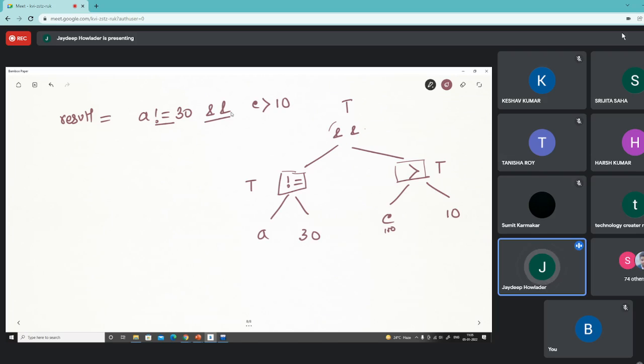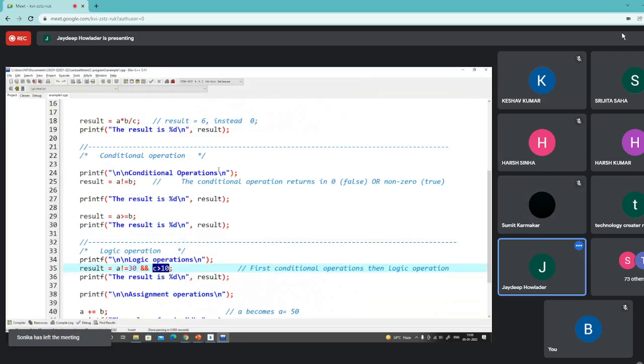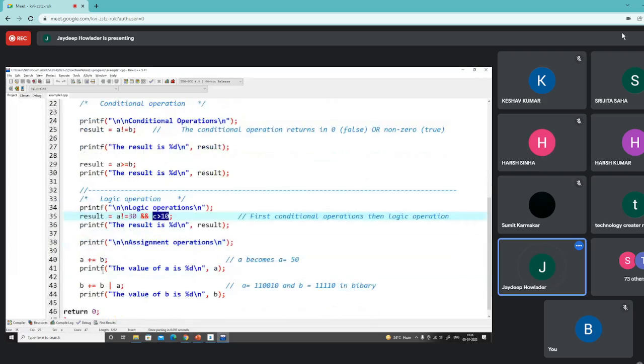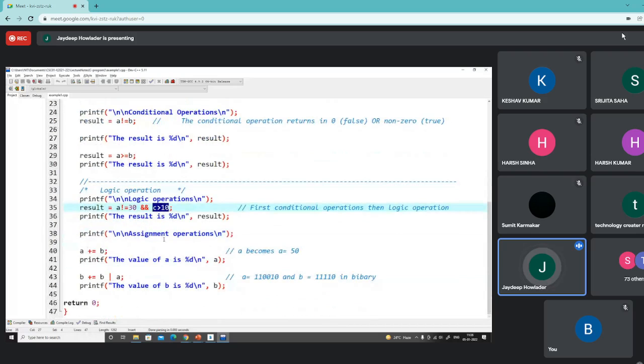Okay, do you get this point? Yes, sir. So in this way, this operation also returns a result of true. And then we have assignment operations.